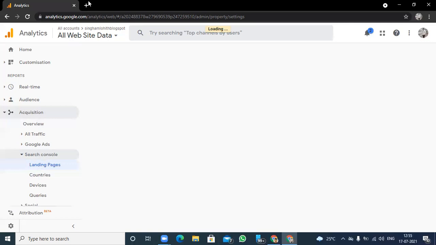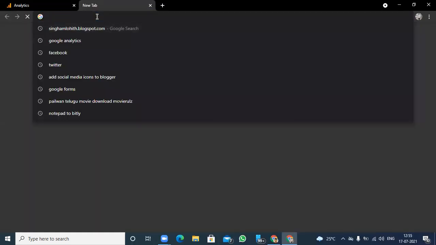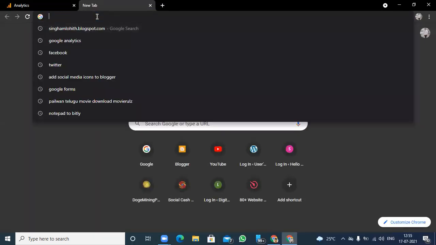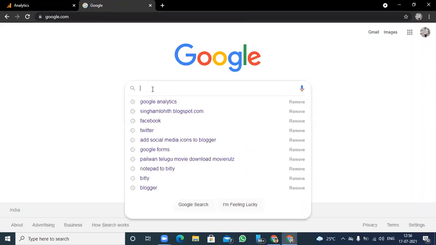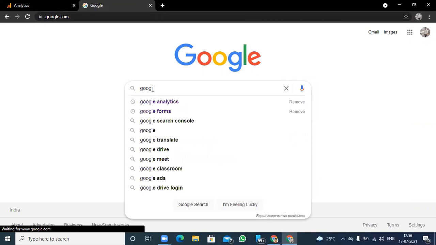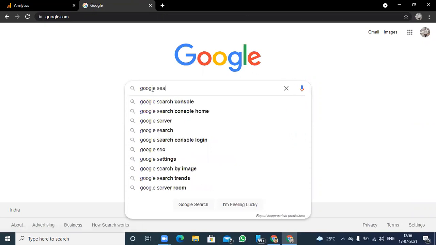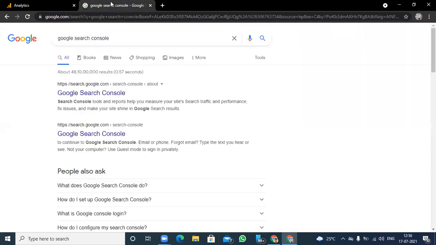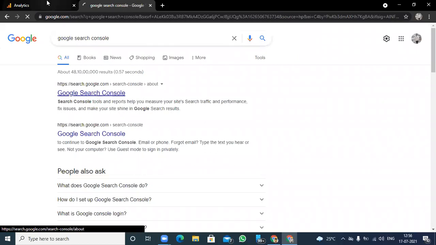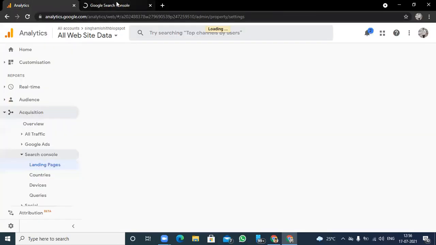In the meanwhile, now I'm going to the Google Search Console. If you have already created a Google Search Console, so let's see. Now I'm going to google.com and let's go to the website Google Search Console. Let's click on this Google Search Console. That means I already have an account of this Google Search Console, and in the meanwhile, I'm going to show you the example here.